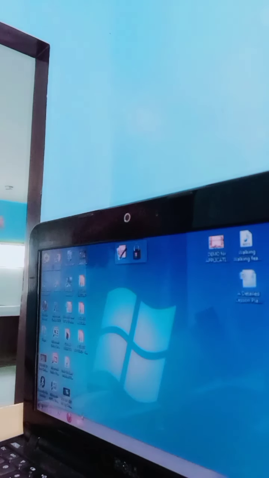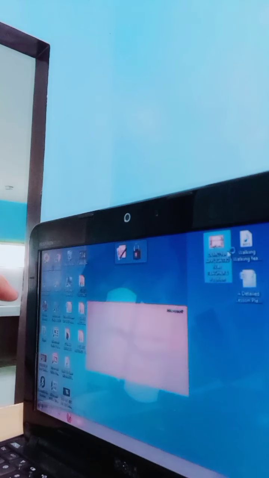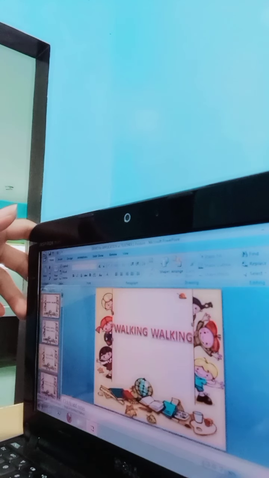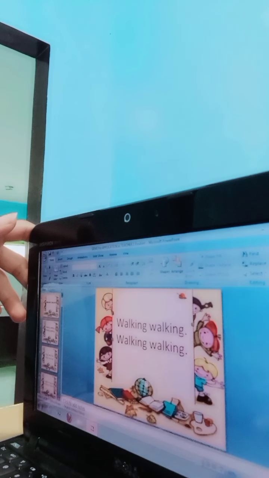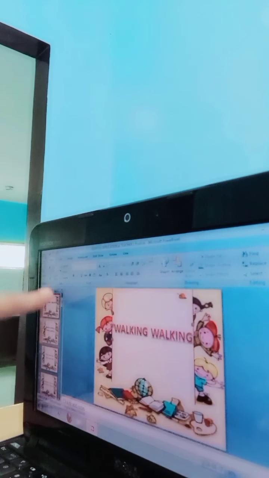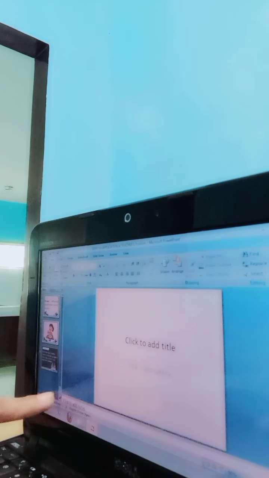Next, we're going to Microsoft PowerPoint. Just like what I did in my demo, I use Microsoft PowerPoint because it is very useful when it comes to presentations and also during seminars. So what I did is I used so many slides. To make many slides, just click right here, new slide, another new slide, new slide, new slide, and tell how many slides you want to have. I have here 21 slides. You can see the number here, 21 slides, in the status bar.